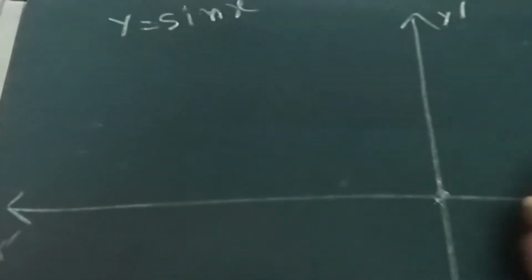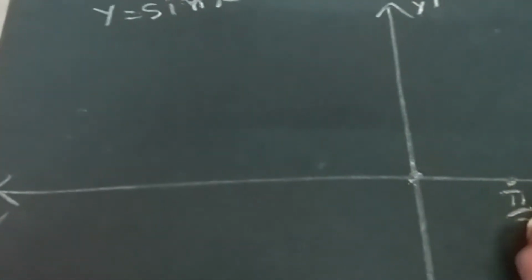Okay, hello everyone. I am going to show you something. Just see here. First I am going to draw the sin x curve. All of you know it. Y is equal to sin x. So this is the x-axis and y-axis. Y equal to sin x. Here pi by 2, pi,